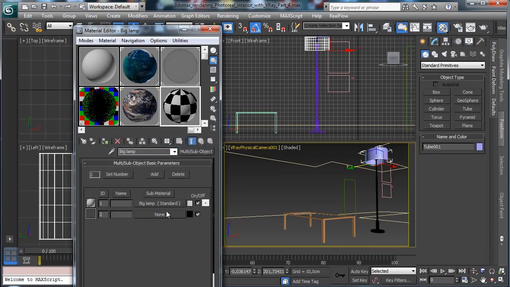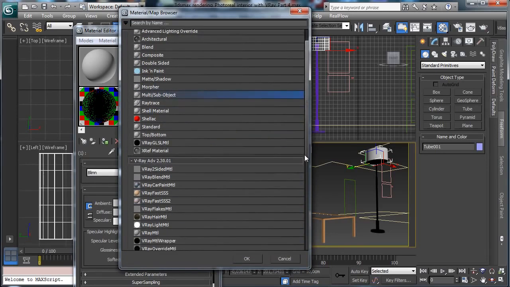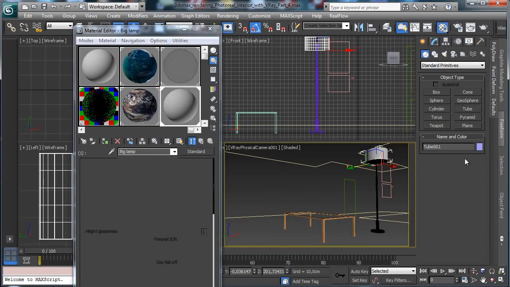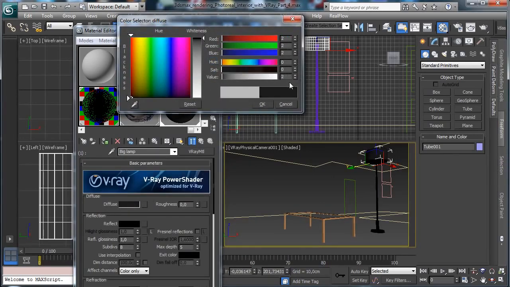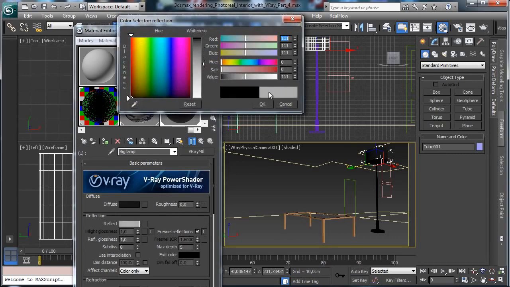One is white and one is black, so let's assign, and we can use this one as the white material, but there I like to have a dark color, so let's go for a V-ray material, and we go for something similar to a black color with a little bit of reflectivity,